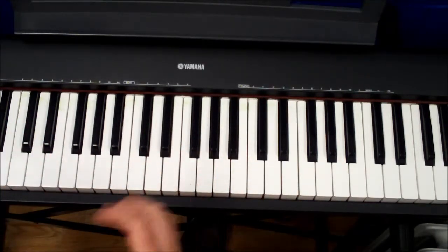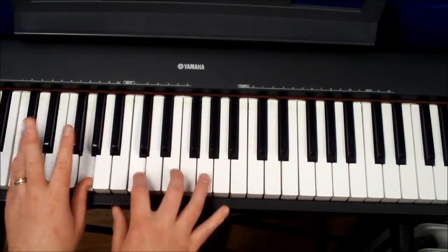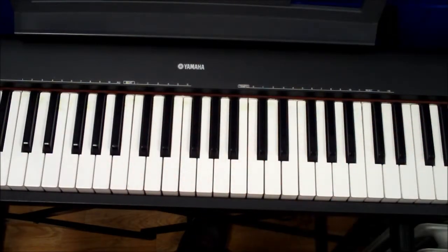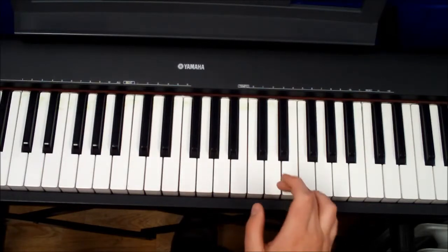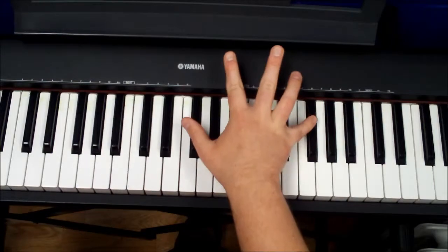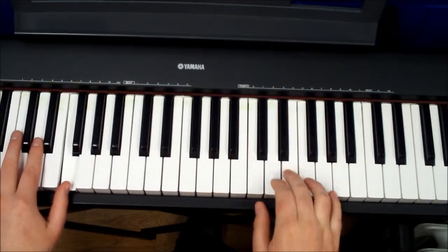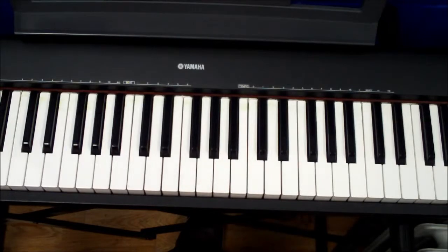And then you can do the same thing that you did with the G major 7 earlier. So whenever you practice that, practice it the same way that you practiced the G major 7 earlier, nice and slowly, and then speeding up as you get better at it and more confident with it. So what we've got so far is... Okay, then we've got...